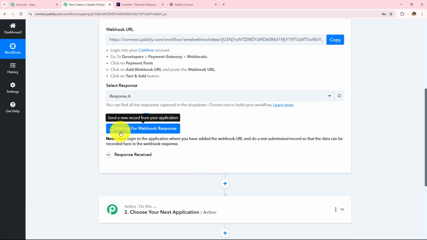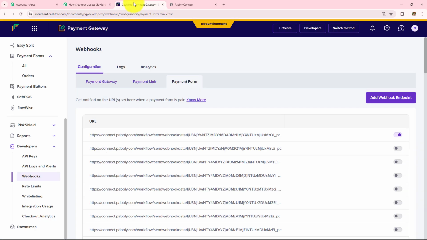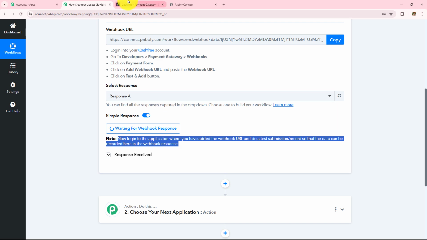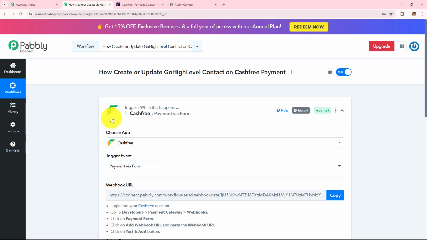Now over here we can see that it has changed to waiting for the webhook response, and under this it is written: now log into the application where you have added the webhook URL and do a test submission so that the data can be recorded here in the webhook response. This means that to get the webhook response over here I need to do a test submission, for which I'll be opening my Cashfree account, and then I'm going to open my payment form. After I've done the payment, Pabbly Connect should capture that response in this workflow, and that will show us that the connection setup that we have created with the help of this webhook URL between Pabbly Connect and Cashfree